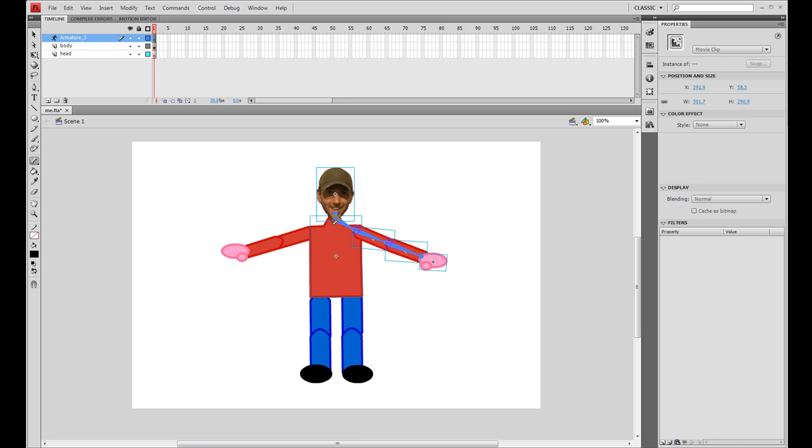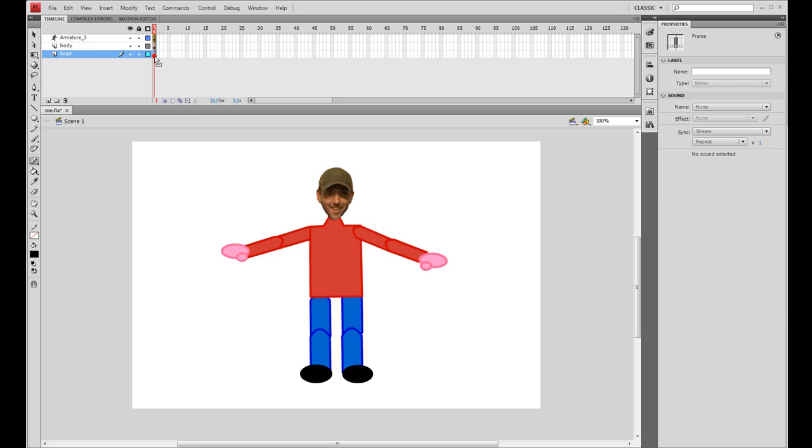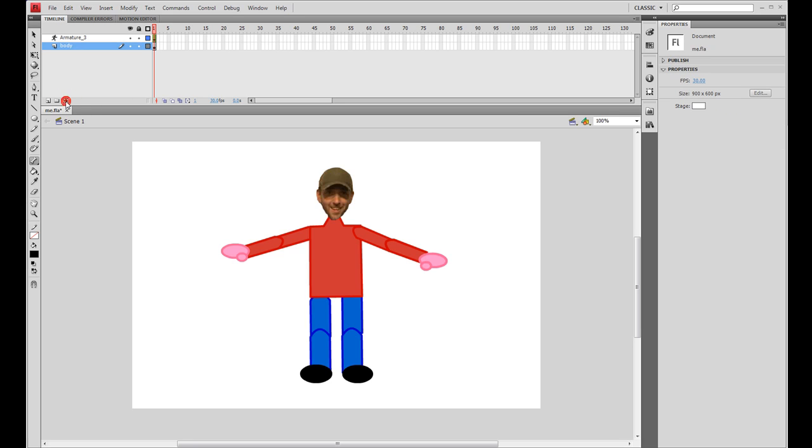And you notice the head's come forward, but the head layer in the timeline, it's actually disappeared on what was on the keyframe, and that's disappeared now and been moved up to the armature layer. So everything you add gets moved onto the armature layer, and I'll delete that layer now because it's no longer needed. So now I have my head, and I'm getting a bit excited there. Okay, but the head can't move any more than that, and here's the